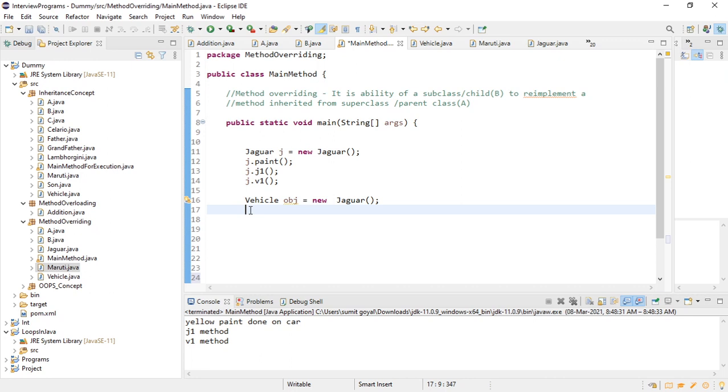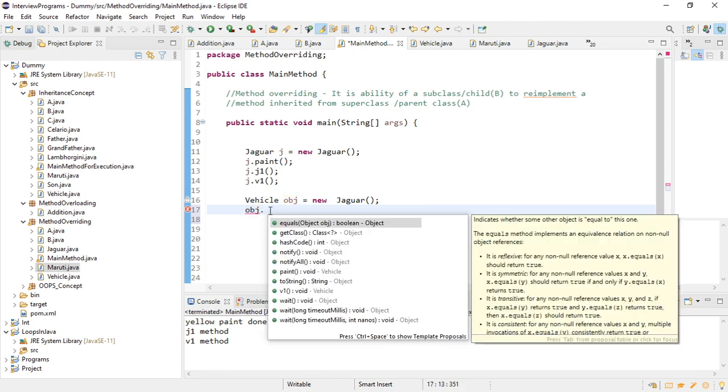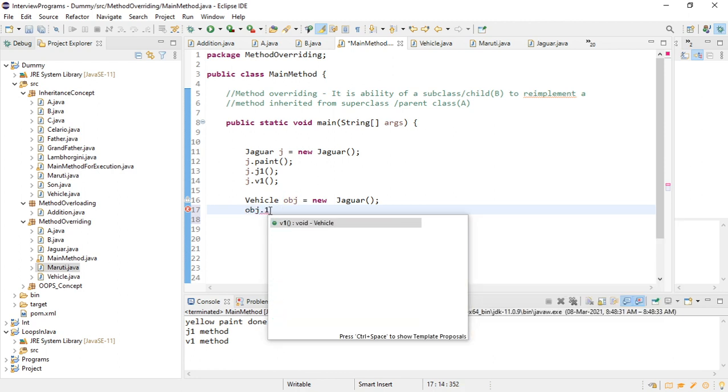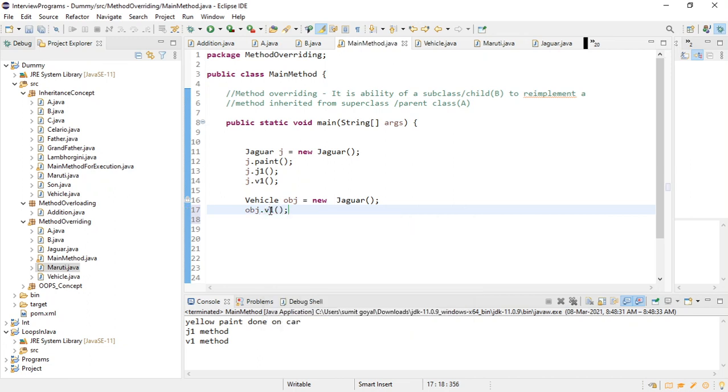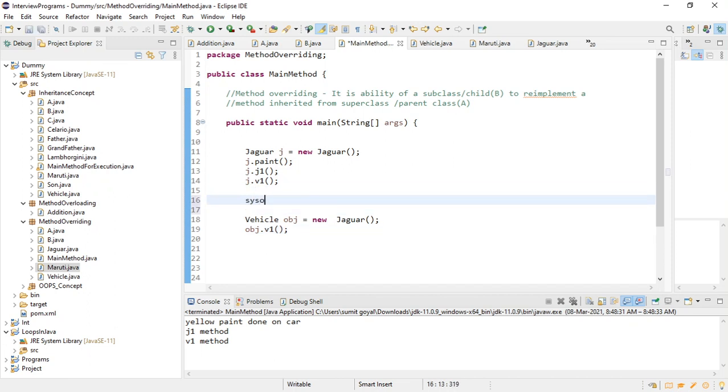And if I try to call obj dot, as this child object is converted to a parent object, only one method, which is v1, coming from the parent class, can be accessed, right? And also able to run it.